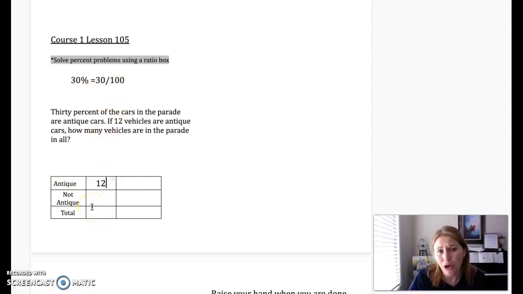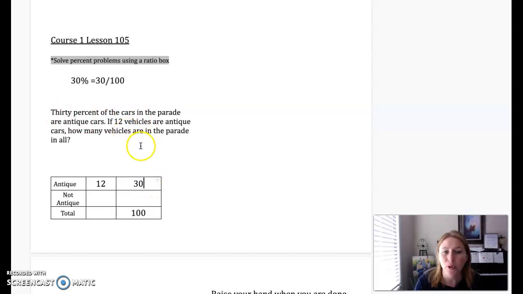They did tell us that there were 12 that were antique. We don't know how many are not antique. That's not given anywhere. And we don't know the total of the cars, but we do know something about this. We know the total of percent. Now the total of percent is always going to be 100, right? That's the total percent per 100. So antique, they did tell us it was 30%, so we could figure out how many were not antique by doing the subtraction. So now all of a sudden we have a lot of pieces of a puzzle and we can figure out this piece, we can figure out this piece,